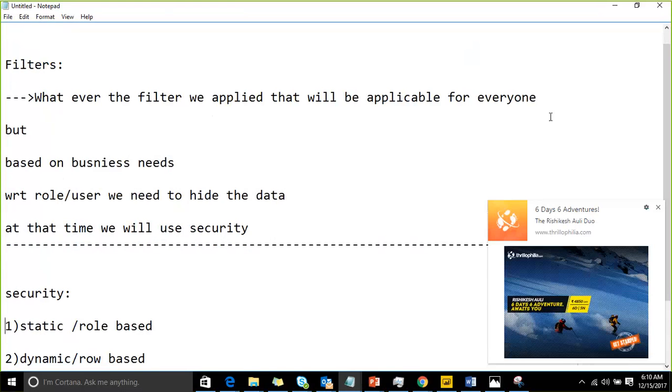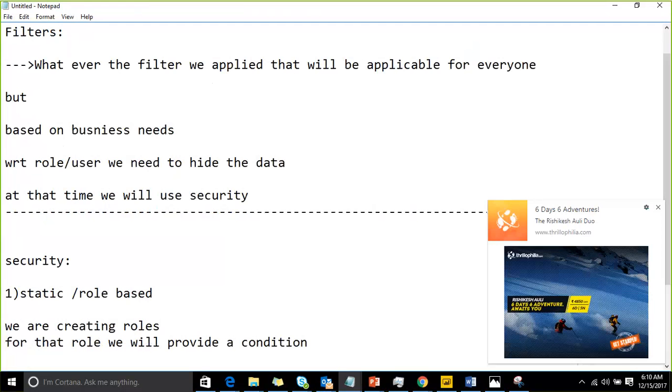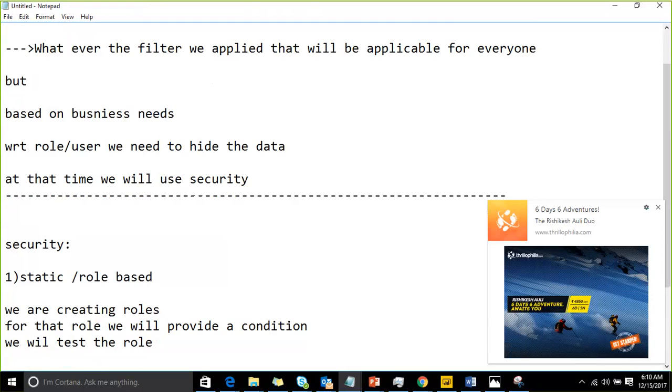Static or role based security is nothing but we are creating roles, and for that role we'll provide a condition, we'll test the role and add the user.